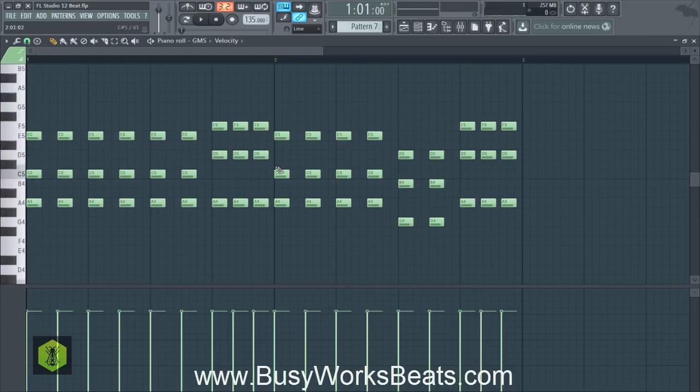Now it could be the same chord, but what I want to do is hit Control, left click and drag. I want to pull this whole structure down until we're at G as the root note down here. And again, you don't want to have any of these sharp notes in here. So we're going to left click and drag this up.